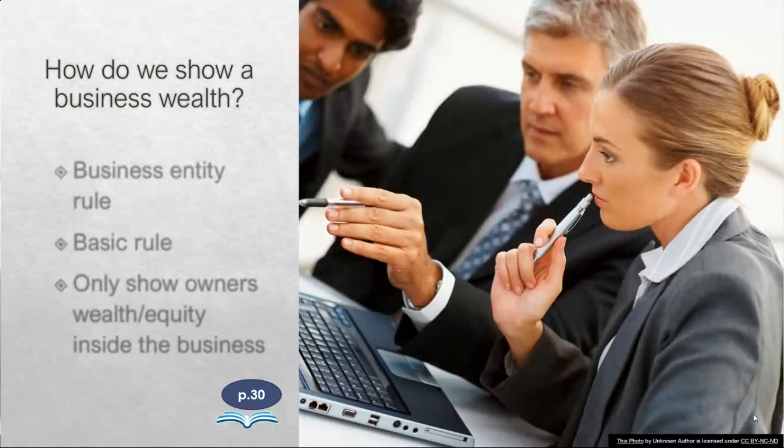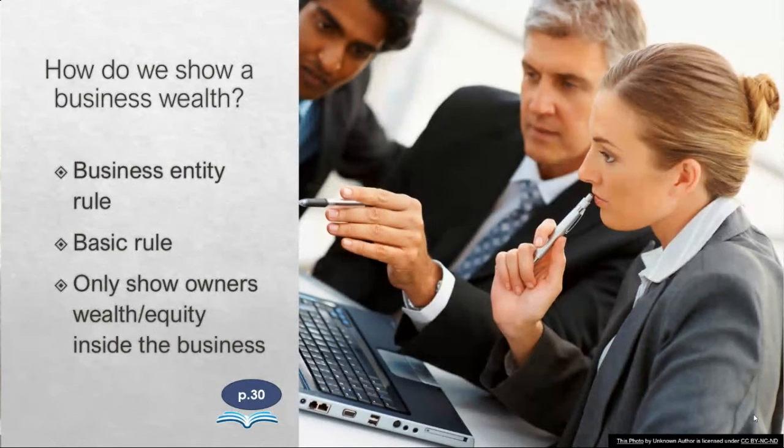Okay, so let's move on. How do we show a business's wealth? Now, when we look at a business's wealth, we talk about a business's net worth. Net worth, we said, is the equity. Now, for a business specifically, there is a business entity rule. That is specific to a business. If you go to page 30, they talk about your business entity rule. That rule says